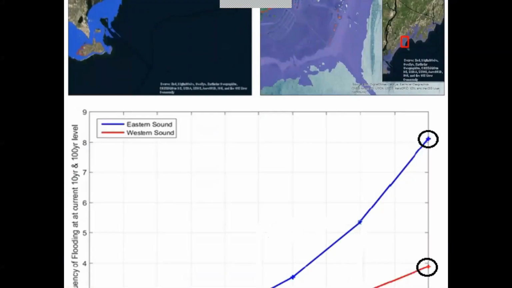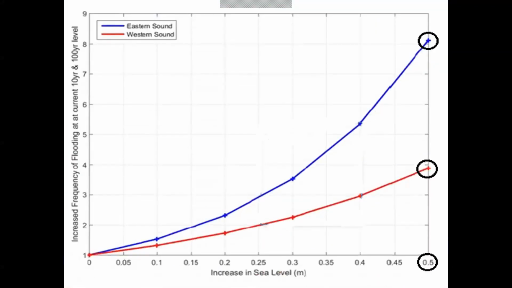Another key observation was this. This is the one that scientists don't find exciting, but policy people do. One of the consequences of looking at Connecticut's effect is to start looking at the frequency of flooding at both the 10 and 100-year level, really the storm surge flooding. And what you see, one big takeaway, is that throughout Connecticut, there's a significant change.